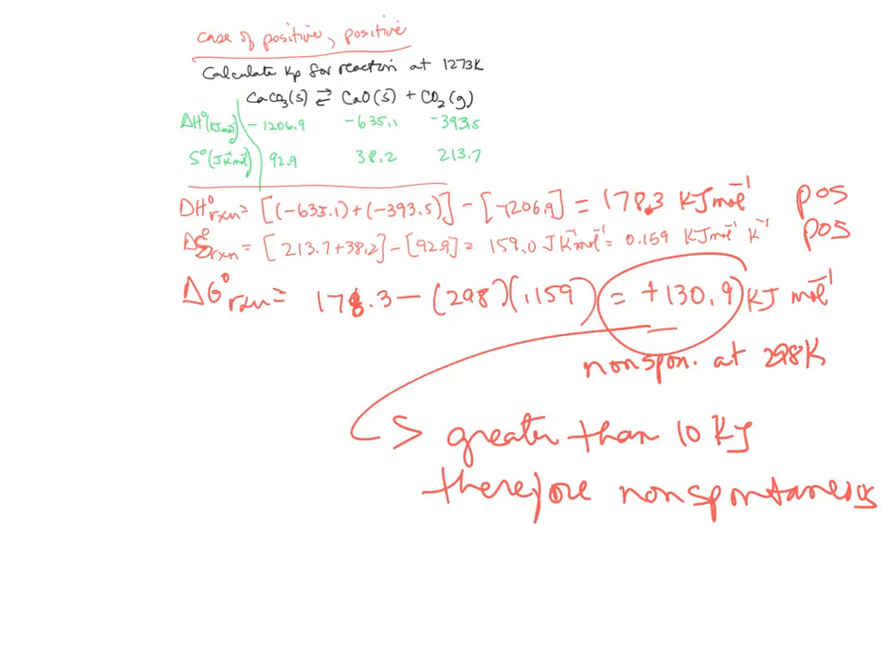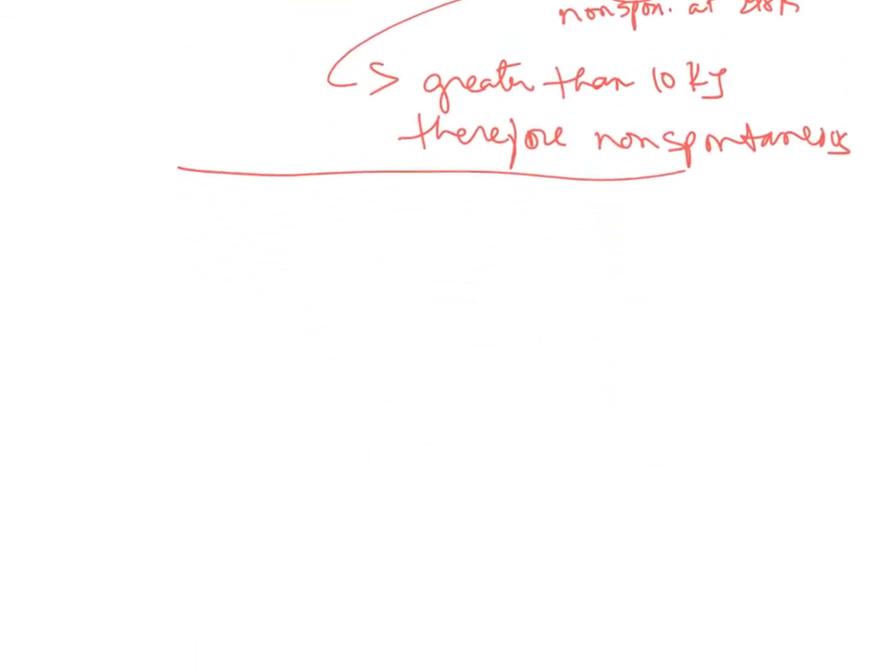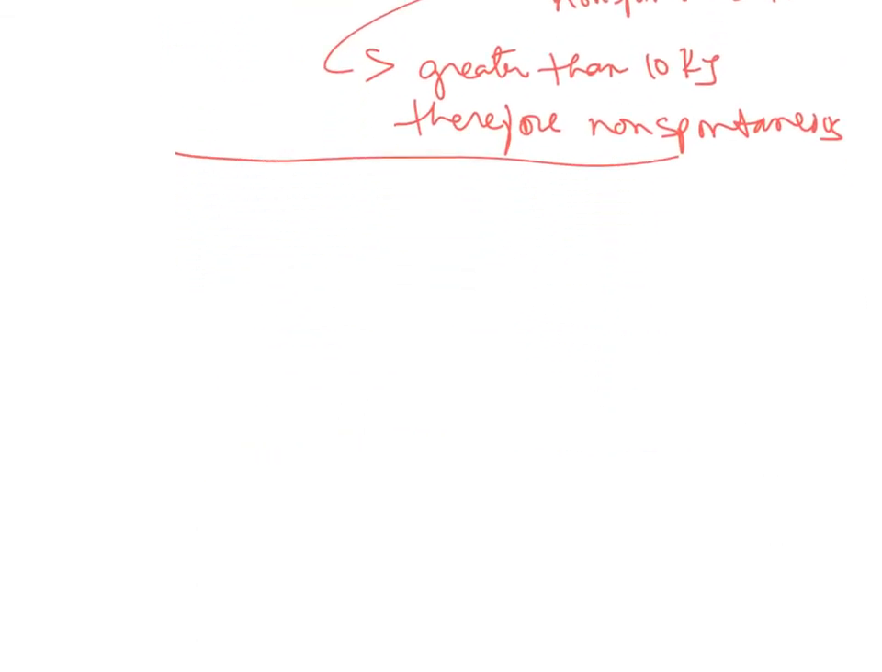Positive, it's non-spontaneous. All right, non-spontaneous at that temperature. Now let's see if this is going to work. Okay, there we go. Continue along. The problem was to do it at 1,273 Kelvin, which is 1,000 degrees C. And if we did that, we'd have